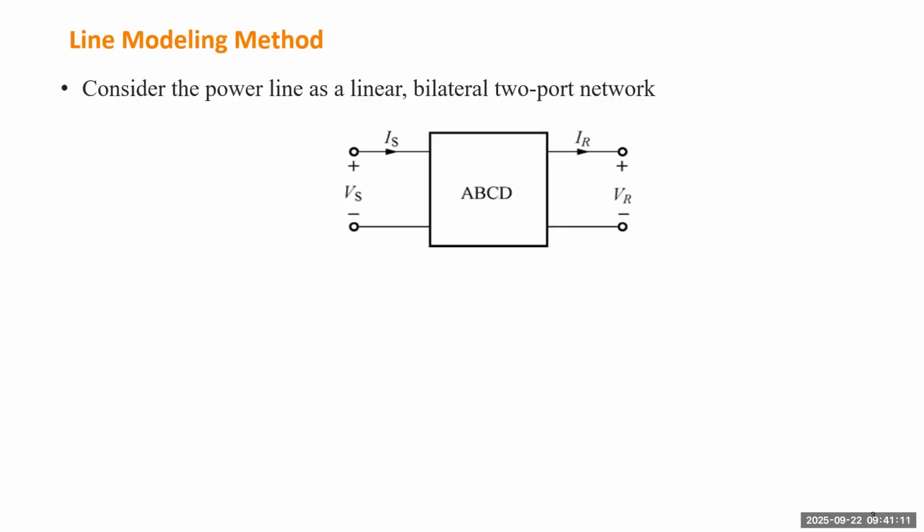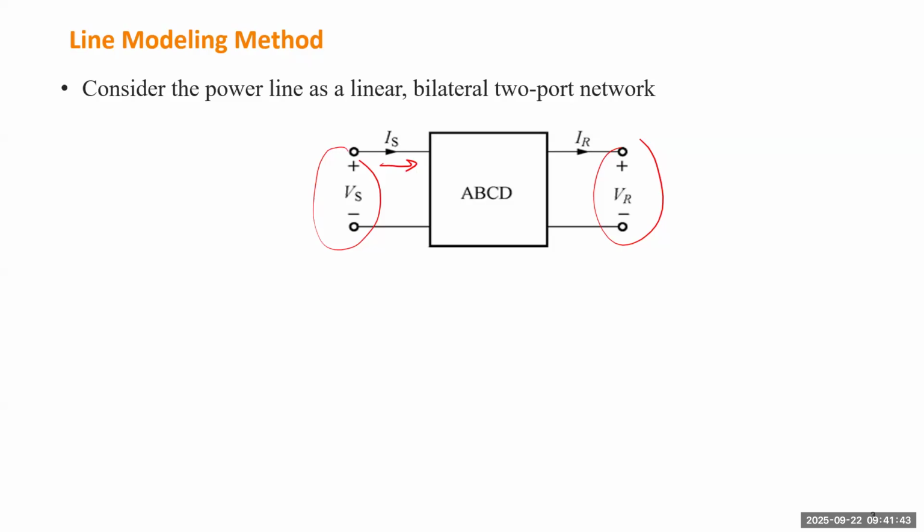We'll take the same approach for all three line models. First, we'll treat the transmission line as a linear bilateral two-port network, which means the transmission line itself is just equipment connected to both sides of the system. On the left hand side, we call that the source voltage. On the right hand side, we call it the load voltage. And we assume current is coming from the left,